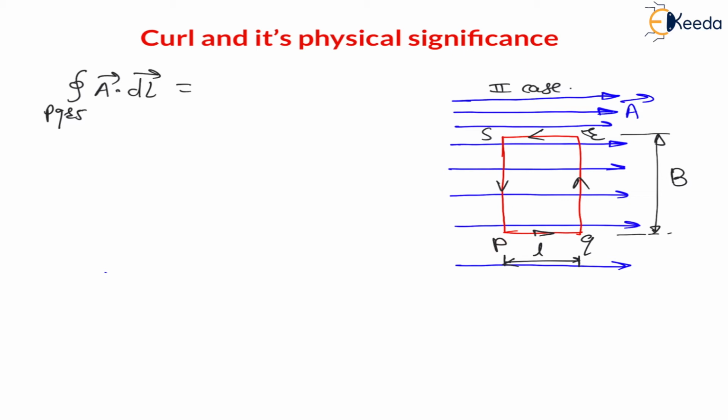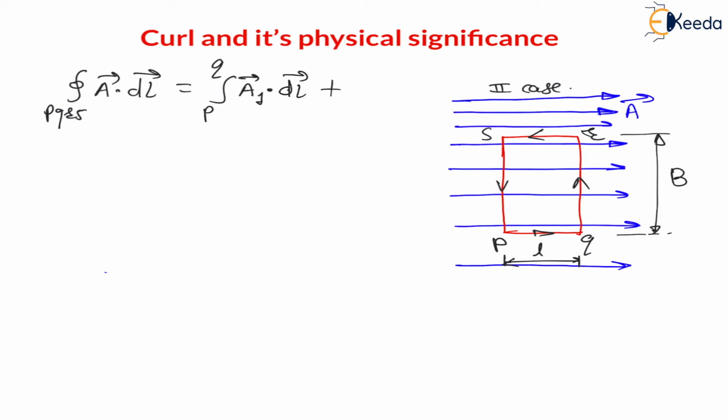Therefore it will become the integration from P to Q of A. Now on PQ I am assuming the vector field as A1. See, as location changes, on the top surface the vector arrows are very close, meaning the strength of the vector field is more, and on the bottom surface the arrows are going away, meaning the strength is decreasing. Therefore let us say on PQ the strength is A1 dot dl. Here this distance is L. This is the line integration on PQ.